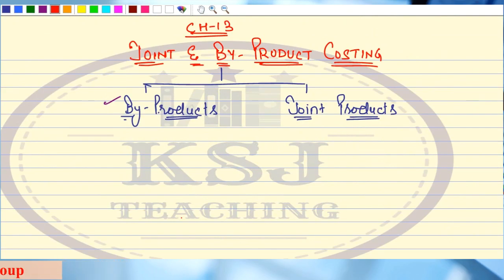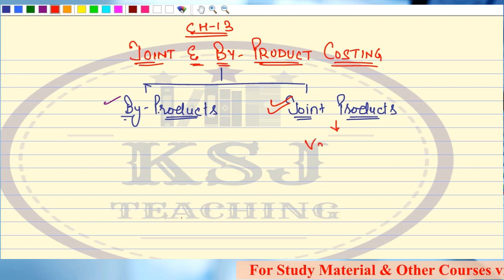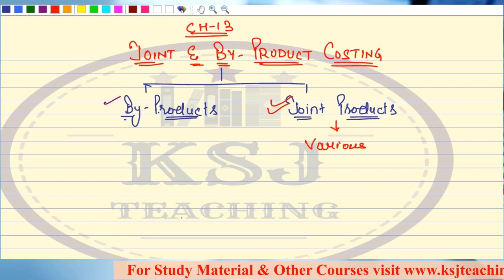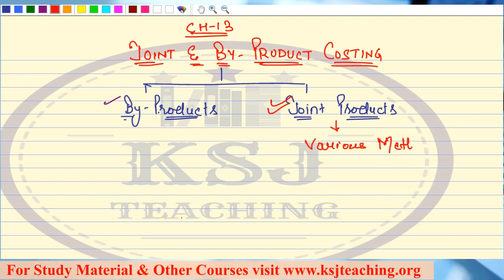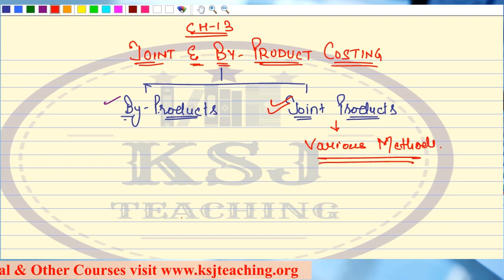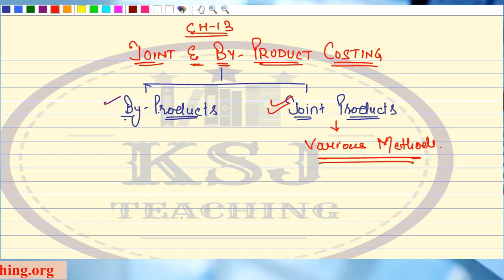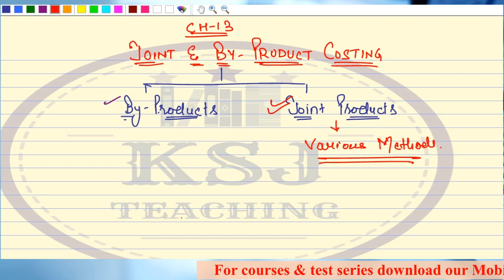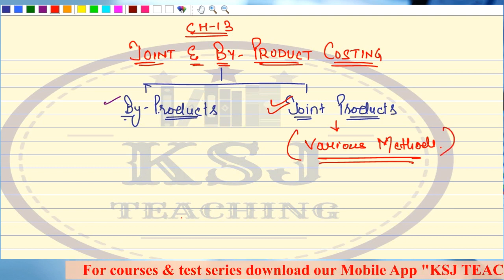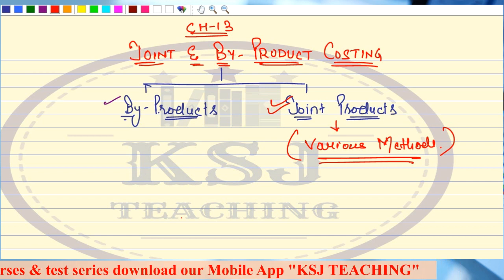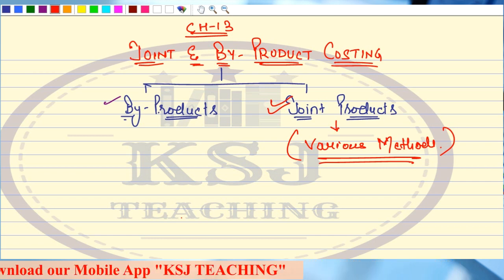Now in the next lecture what we are going to discuss about is this joint product, right? Very important, we have the various methods. In the joint product we have various methods, very easy methods, nothing to worry about it, right? Very easy methods. Only 1 or 2 methods are a little bit tricky, I can say, right? Especially the reverse cost method, that is the only method that is little bit tricky. Otherwise all the methods are very easy, right? So in the next lecture we are going to start with joint product.